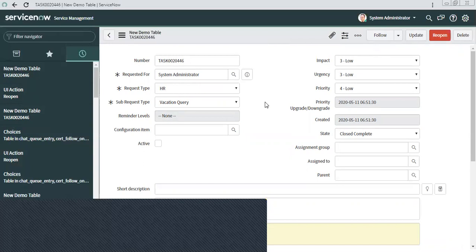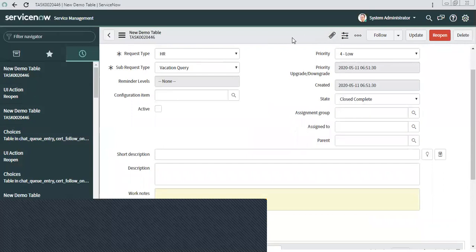Even for reopen or close buttons, we want to display a confirmation to the end client who is clicking the button. That is the client side.